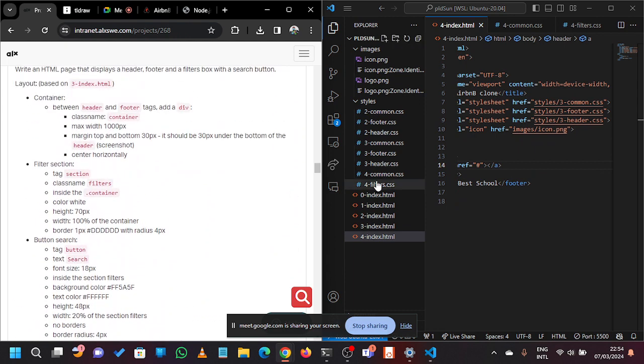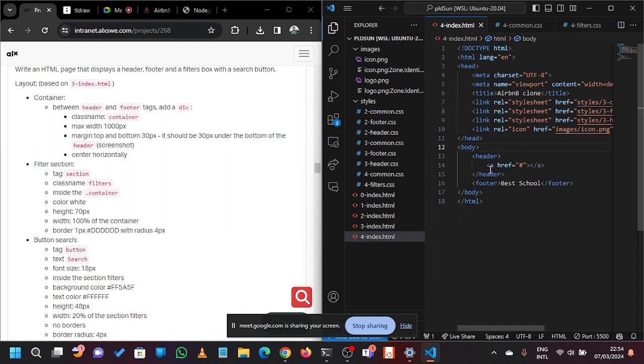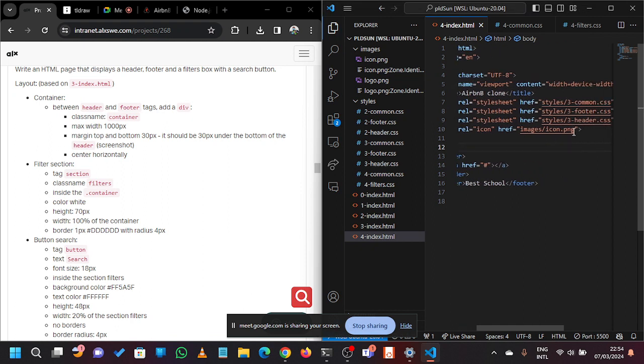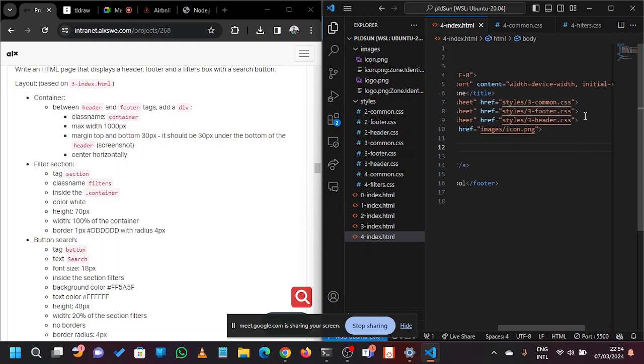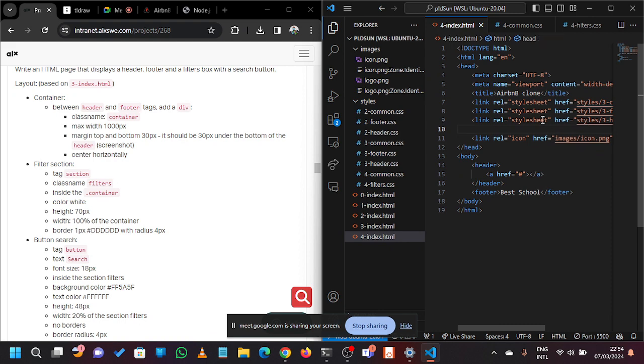Because we have placed this as a link here, we are also going to add it here. So 3 header.css, 3 footer.css. Now we want